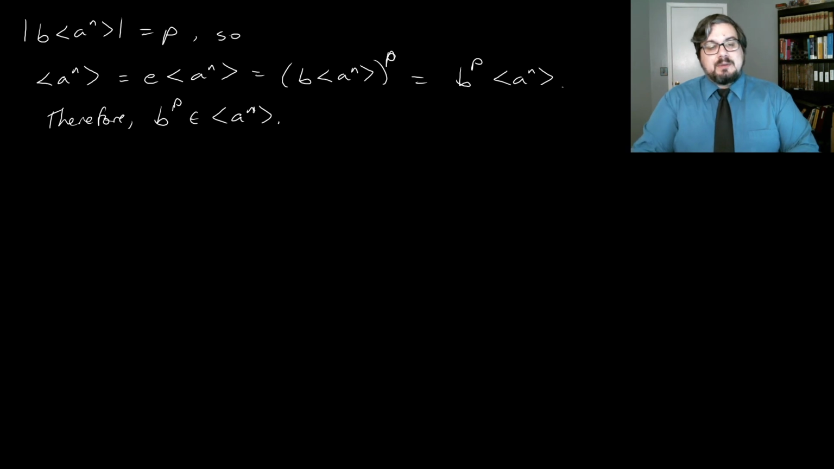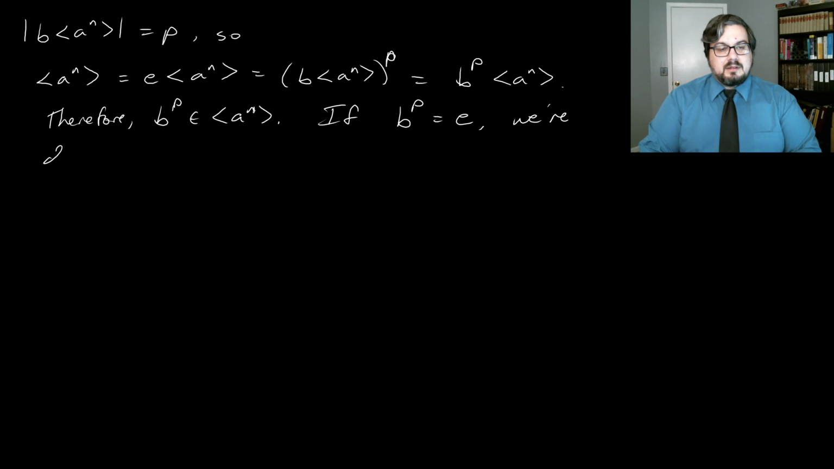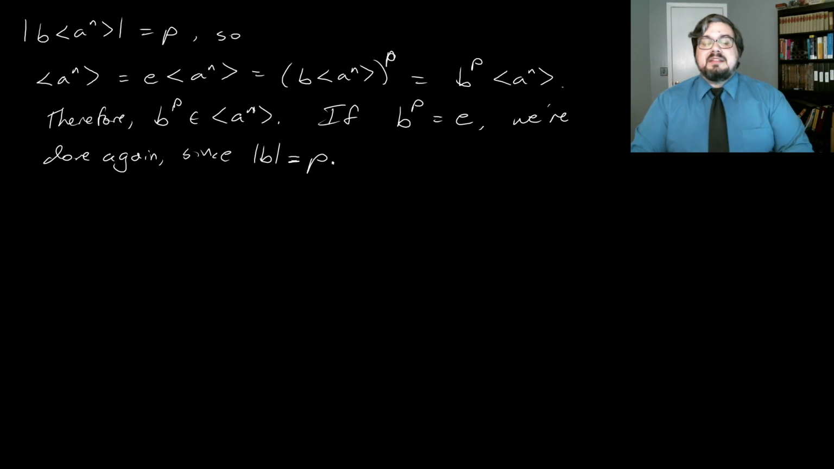And what it means is that we have some element B whose pth power belongs to the cyclic subgroup generated by AN. Now, if b to the p is actually equal to the identity, then we're done again, since that would tell us that the order of b is equal to p. Now this is because p is a prime number, which means that